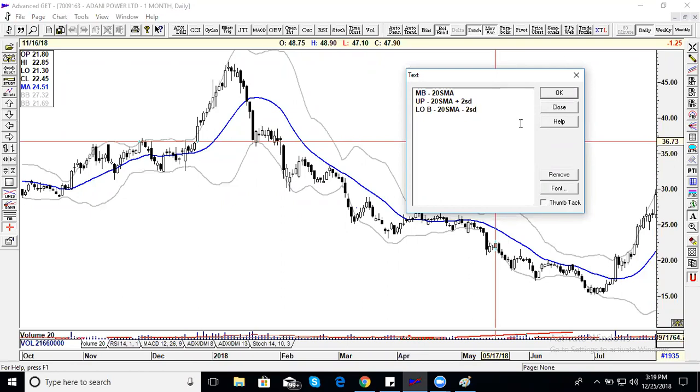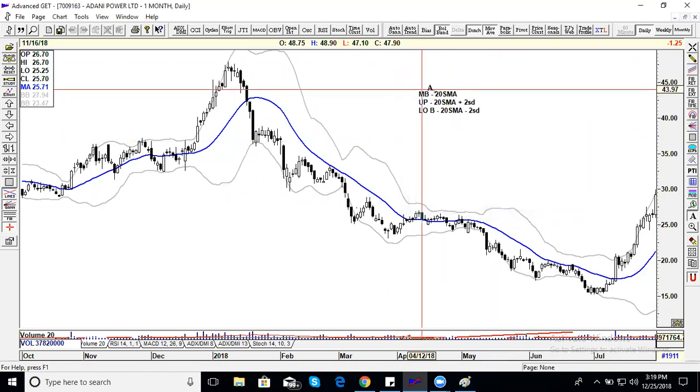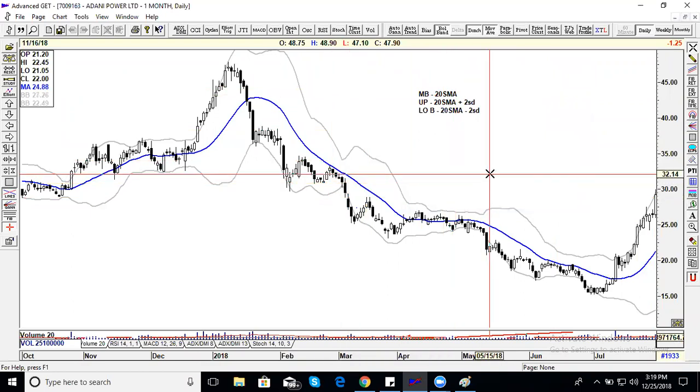I don't go into the statistics of it, but one of the beautiful tools to understand volatility is the standard deviation. This is what we use. I just explained the structure of what a Bollinger Band is. This is how the Bollinger Band structure is built. How do we use this?